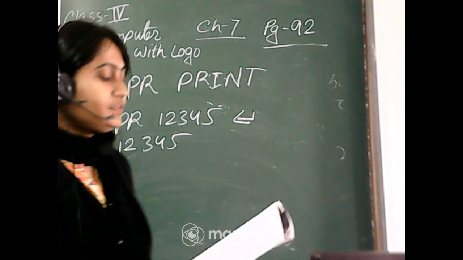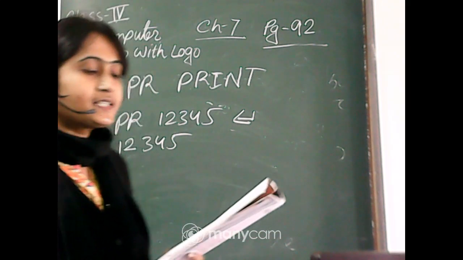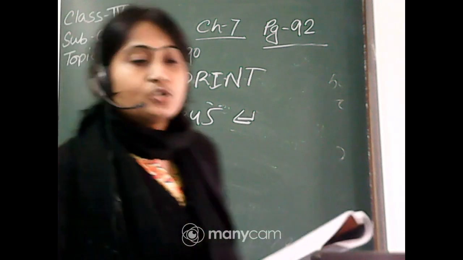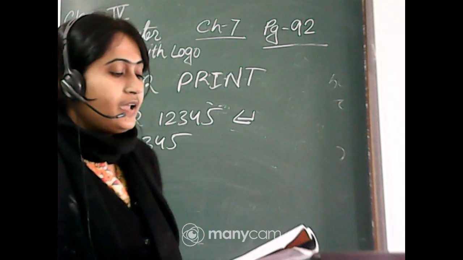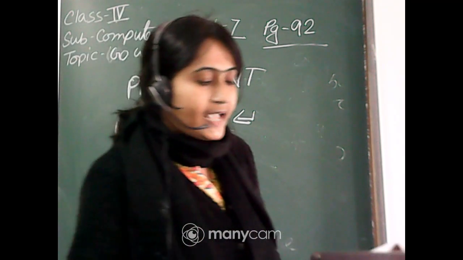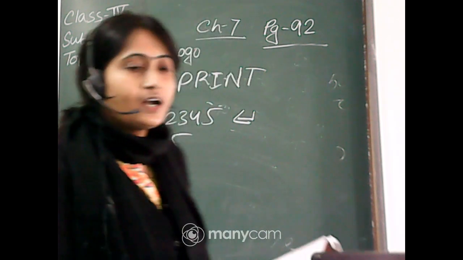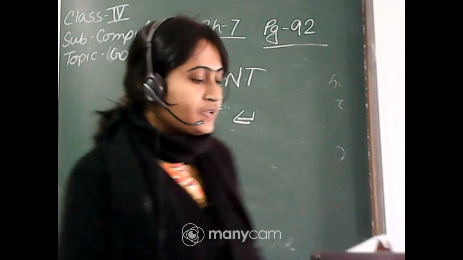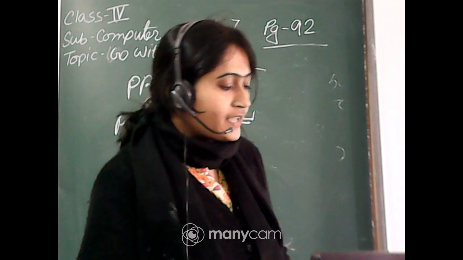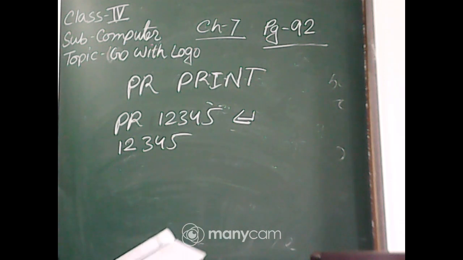Now to write a letter or a character, type the print command, leave one space and put a double quote, and then type a letter or a word that you want to display. In the end, as usual, press the enter key. You all know after writing a command you have to press the enter key or the execute button. For example, print C, or print computer.